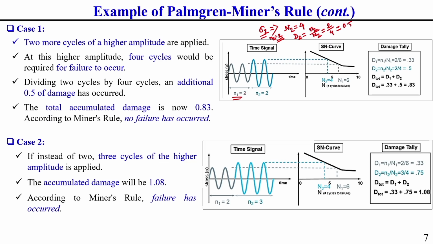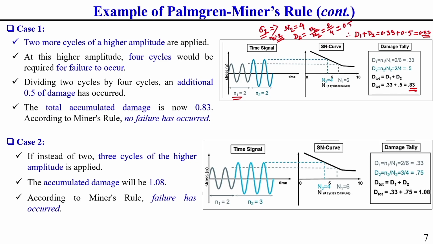So, due to N1, what is the cumulative fatigue damage here? We can write the cumulative fatigue damage as D1 plus D2. D1, I have already told you, is 0.33, and for this sigma 2 stress level, the other fatigue damage we are getting is 0.5. So this will be equal to 0.83, which is again lesser than 1. So after the damage tally, we observe that in this case also no failure has occurred. Understand what I am telling?